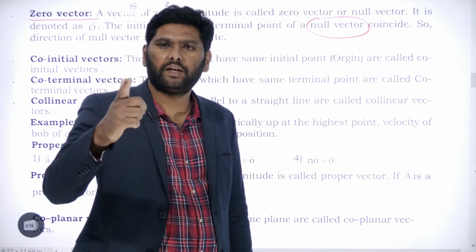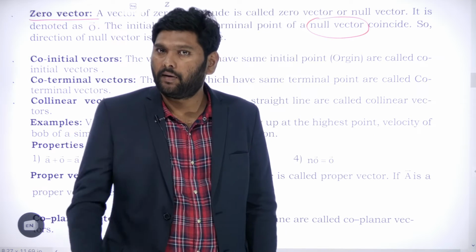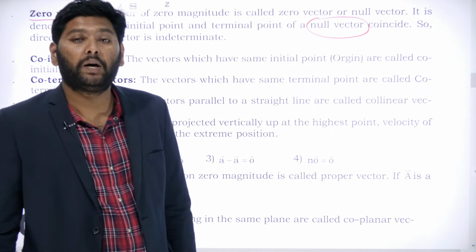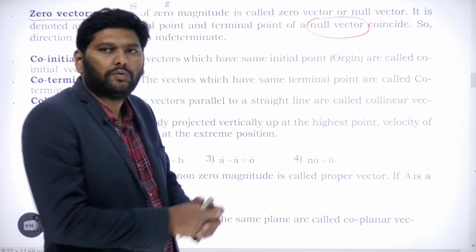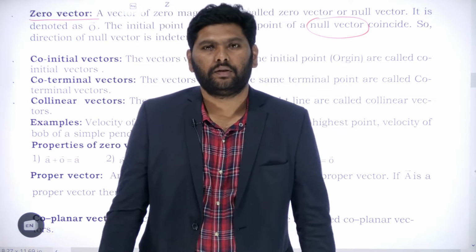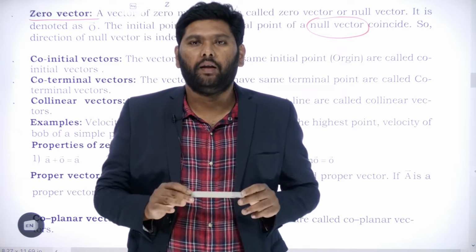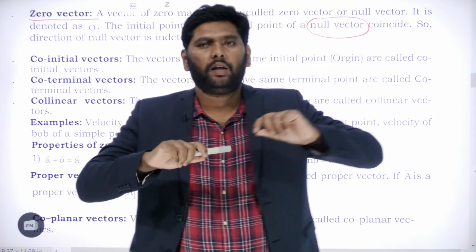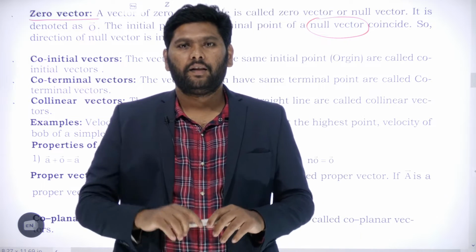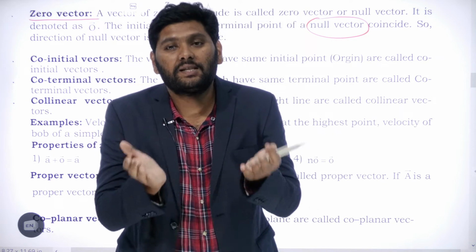That kind of vector is known as zero vector. Is there a possibility of a zero vector? Yes, we have a possibility of zero vector. For example, two forces are acting on the object simultaneously. For example, this is a pen. In this direction one force is acting, in this direction one force is acting. If these two forces are the same,